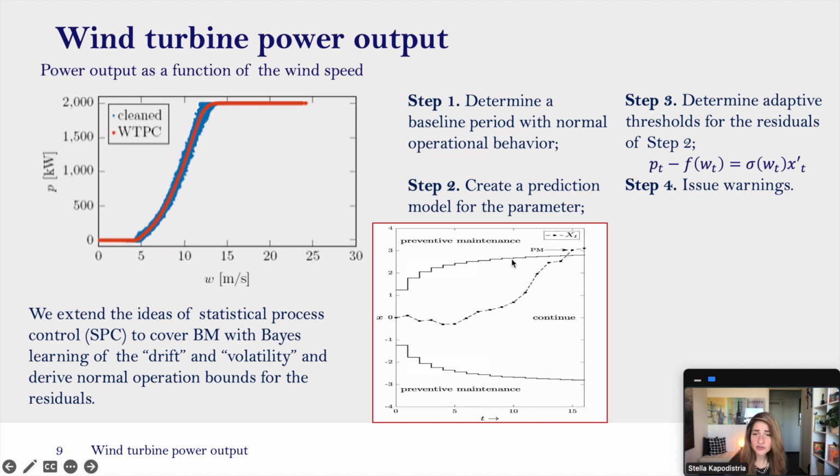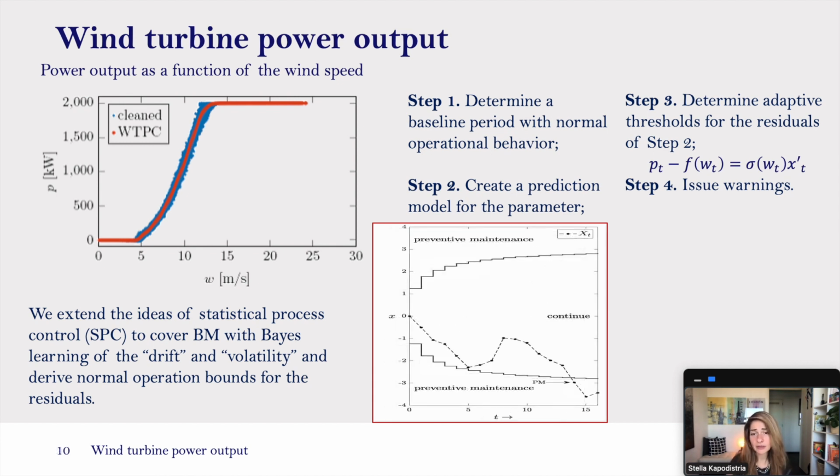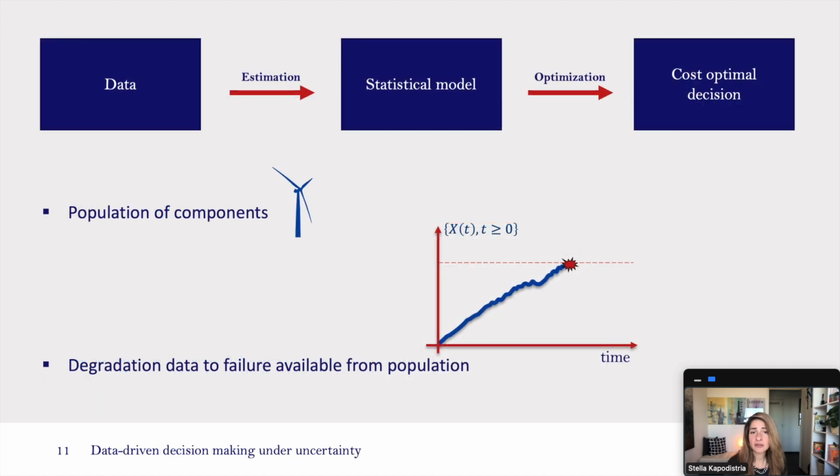The moment that you cross these bounds, and notice that these bounds are time dependent, because as time progresses we learn more about the underlying drift and volatility of this Brownian motion, then as we learn that information, the moment that we exit those bounds, we need to do preventive maintenance. And of course we can exit those bounds from both above or below, because the Brownian motion can also develop a negative drift. So in practice we look at a folded Brownian motion, a Brownian motion with a drift,